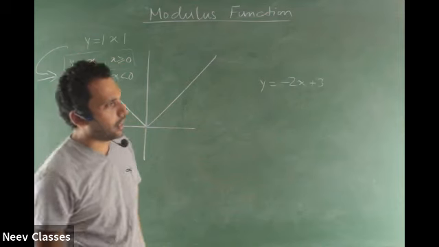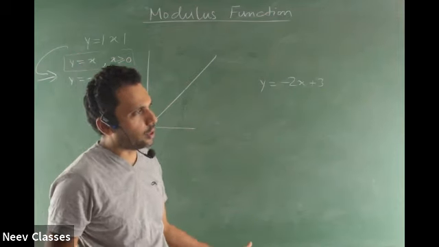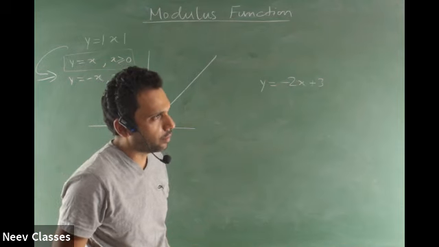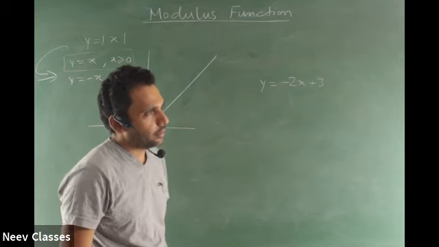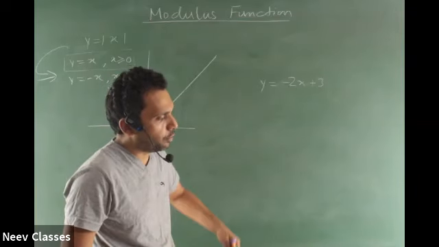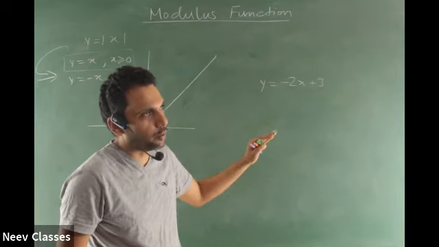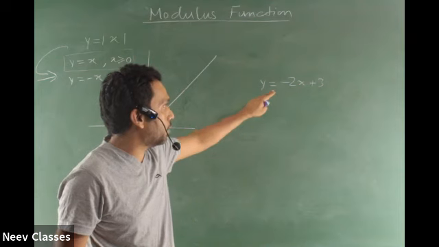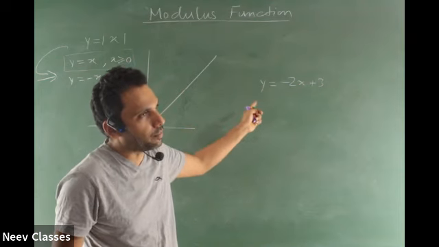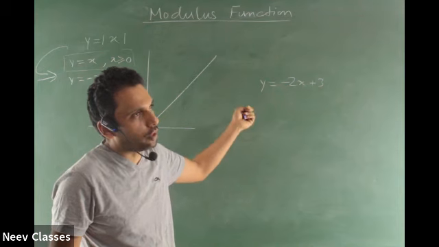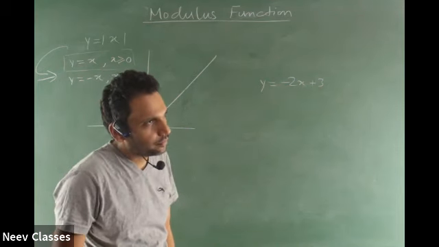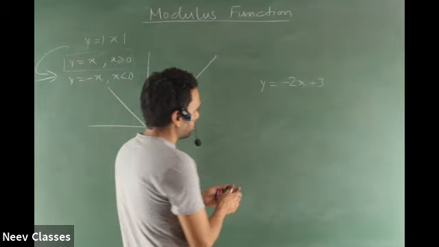Now, to get a straight line, you need to plot 2 points and join them and you get the answer. You don't have to define many points. Two points you join and it is done. Had it been a quadratic, joining 2 points would not help you, because after joining, where will the graph go, God knows. So here, when you put x is equal to 0, you get the y-intercept, and when you put y is equal to 0, you get the x-intercept. And don't be afraid of fractions. So get the 2 intercepts.